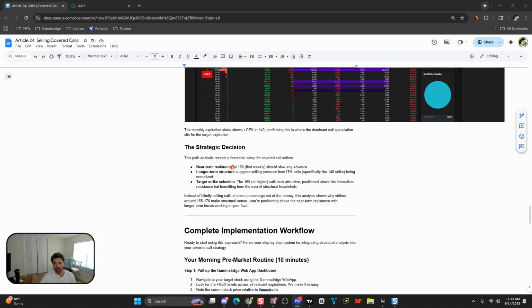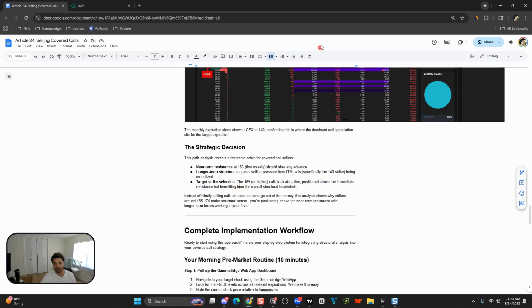So we have near-term resistance at 160 in the first week, which may help to slow the advance. Long-term structure suggests selling pressure from the in-the-money calls, right? Specifically the 140 strike, those being monetized. And then strike selection, the 165 or higher calls look attractive, positioned above the immediate-term resistance, but benefiting from